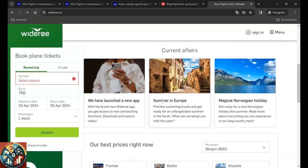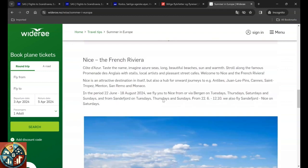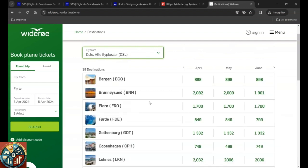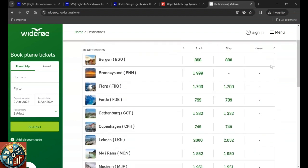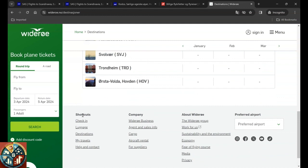And let's see what happens if you want to spend somewhere in Europe, if they have any special offers. Nothing? Okay, maybe this one. So here you can see the destination from Bergen, but let's change it again to Oslo. And from Oslo to 19 destinations, here's the price. That is the month. You can just change. And they only set it to May because the rest is empty. So then you can decide where you want to go and more info on check-in, luggage, destination, travel, contact, business, agent and sell info, cargo, aircraft rental for suppliers, work for them,